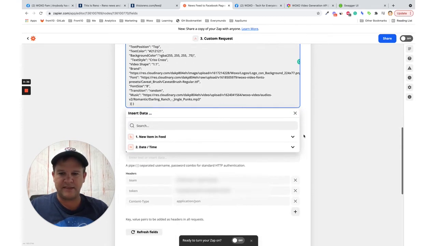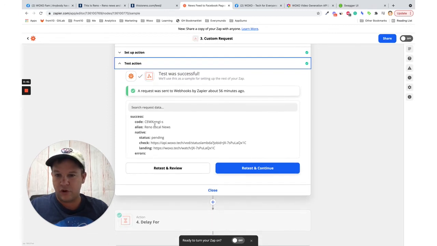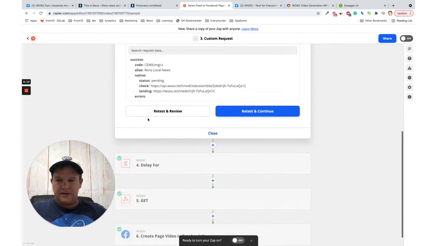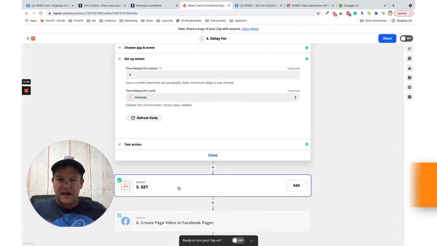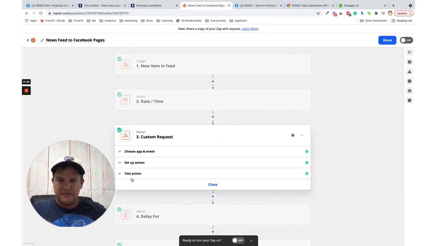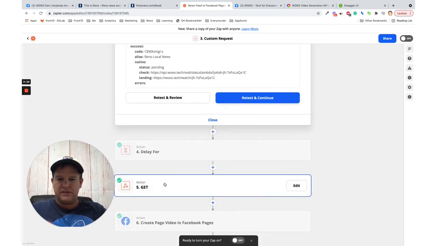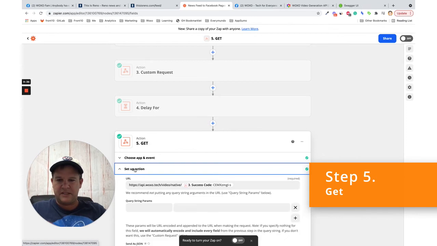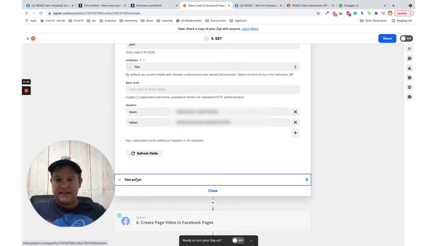Just do a request to the Woxo API, and then Woxo is going to return the code, which is very important. Here you add a delay of 3 minutes, just waiting for the API to work. After that, using this code, you're just going to get a setup action. It's going to return this. So after it gets done,